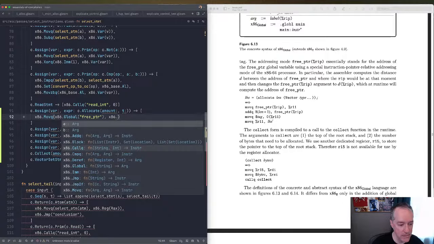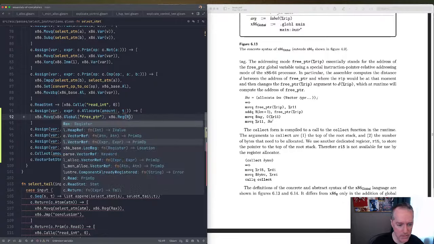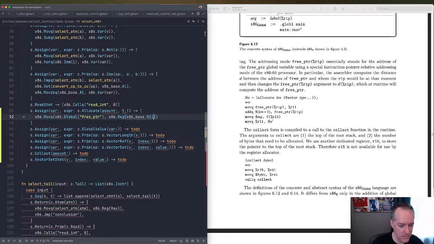And this is going to be register R11. Again, we are sharing this definition of what the registers are across multiple intermediate languages, so that's why there's this x86 base. Okay, so we start with that,